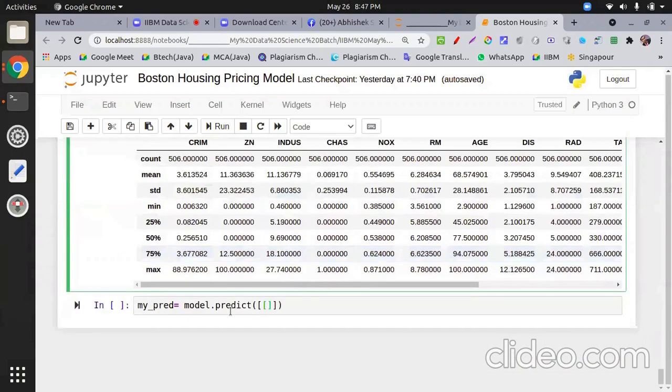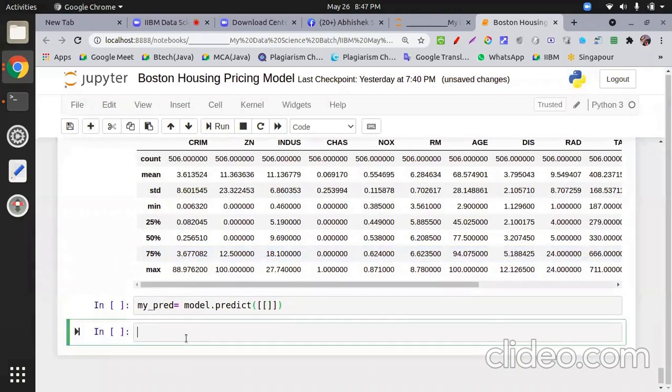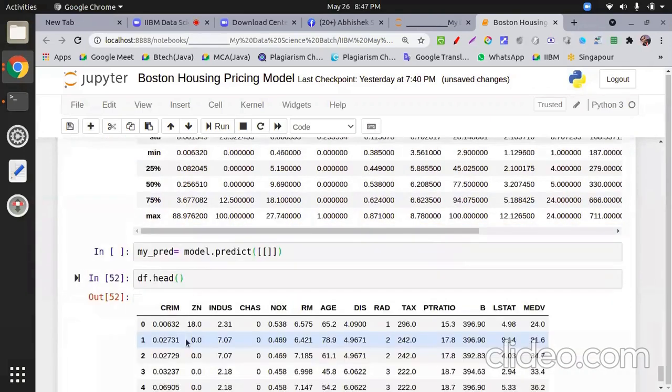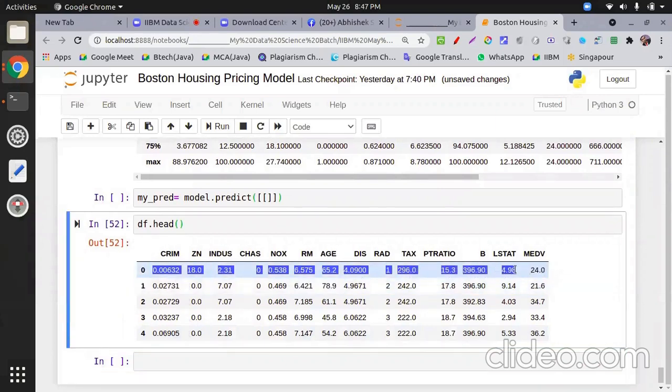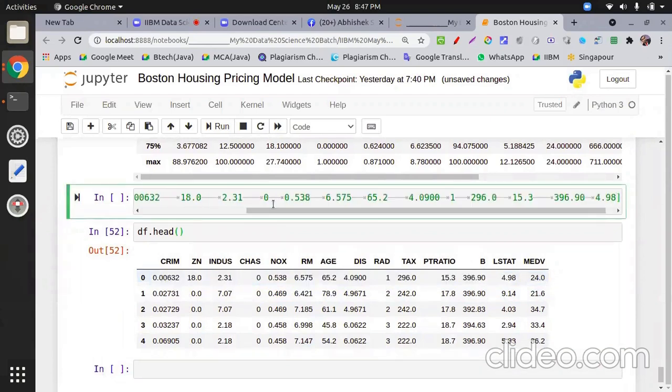I copy one value, any value, from df.head. Let's suppose I copy this value till the array stage. MEDV is not part of the prediction, that is the outcome. So these are my input values, which I separate by commas.